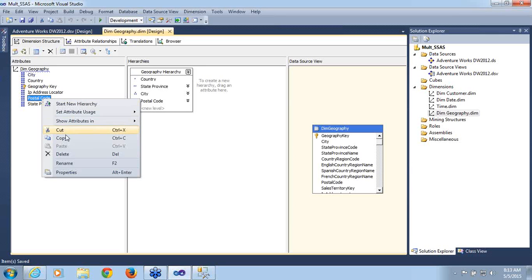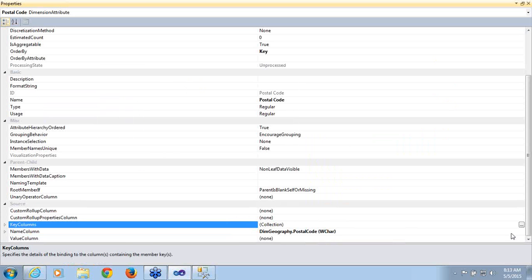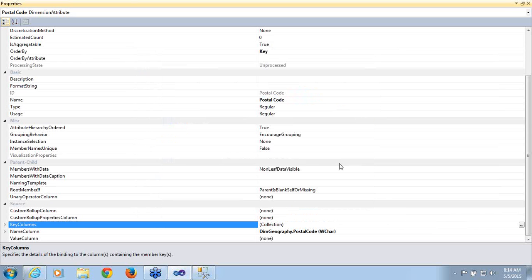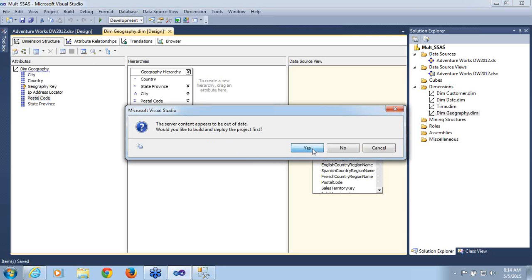So here I have to add city as well in my composite key column. Previously I had added state province code, but I'll have to add city as well because two different cities have the same postal code. So state province code, city, and then postal code. And now if I process it,